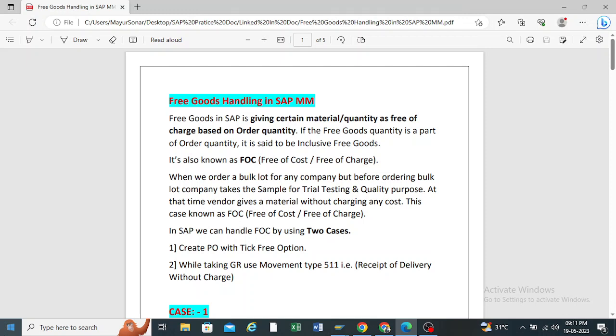Okay, so like this we can handle the free goods only in SAP MM. For SD, the things will be changed there. For example, you can take the example of Santoor soap. They can offer on the pack of four, so they can give some pen or whatever like that. So that is nothing about the free goods in the SD, but in the SAP MM,